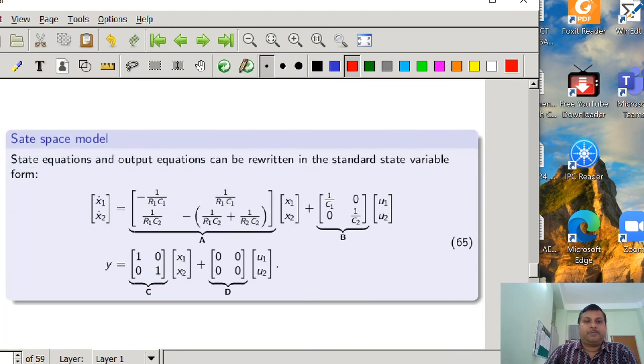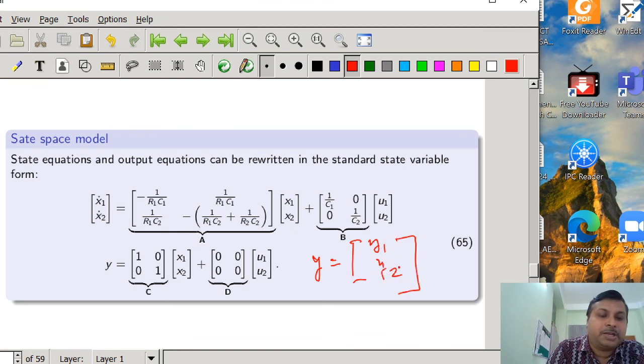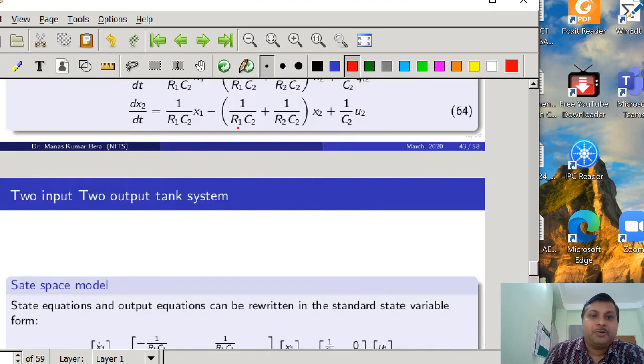Okay, so now once you get equations 63 and 64, which represent the state equation, we can write the state variable representation for the given system, and we can see that it is also a MIMO system because two inputs are there. They are the two inflow rates, that is u1 and u2, and the outputs here, actually you should write y, that is correct, but y has two components, basically y1 and y2, so that has to be written. So now y1, y2, that is the output of the system, can be written like this. So this is the state space model of the given